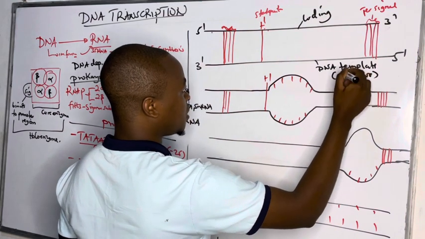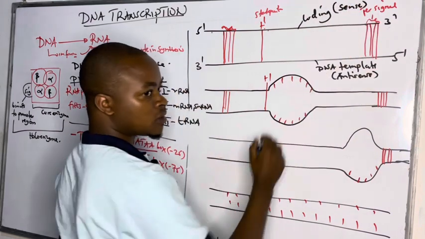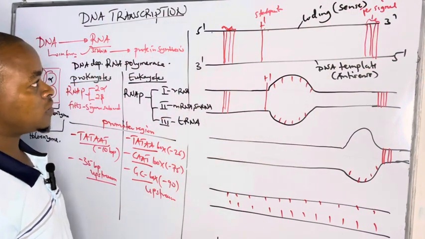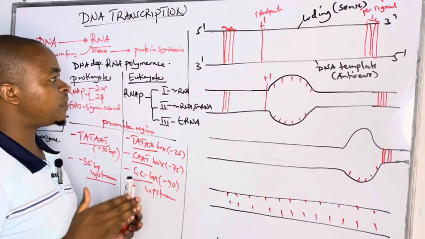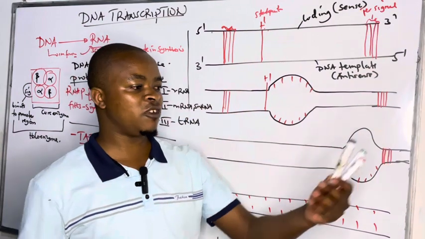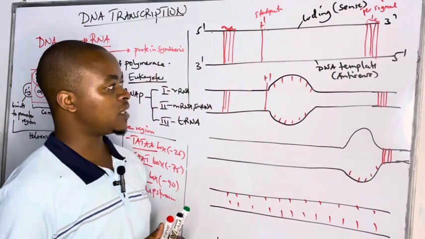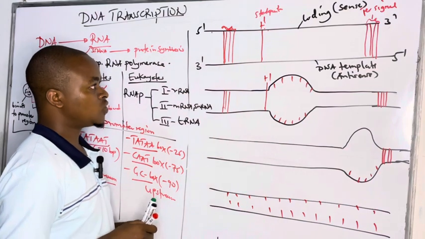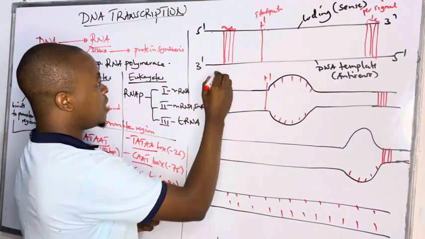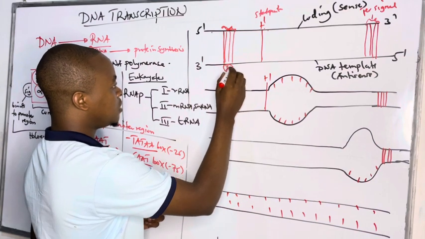The antisense strand, the coding strand, you can call it sense strand. So those are the strands. So the template strand, which is from 3' end to 5' end, is the one that we utilize for synthesis of our RNA. So we shall see that our holoenzyme comes using the sigma subunit,